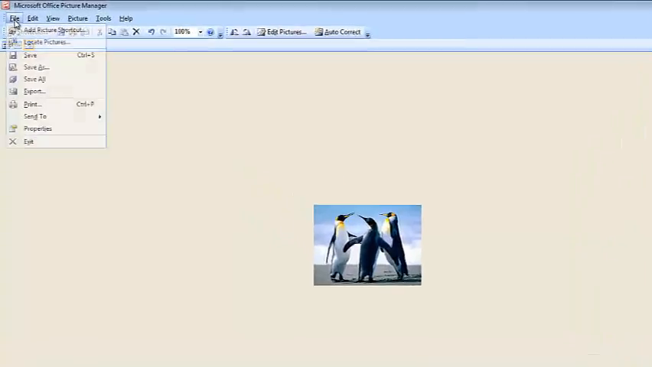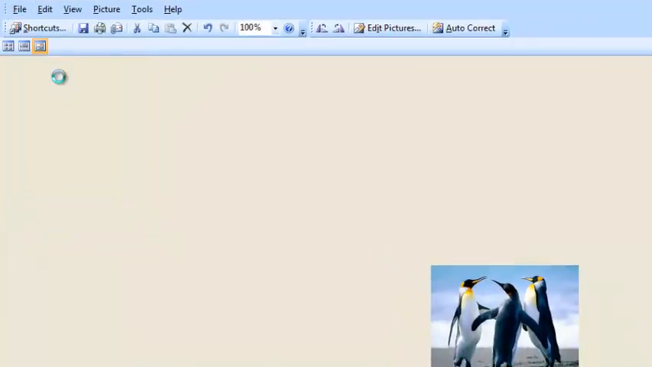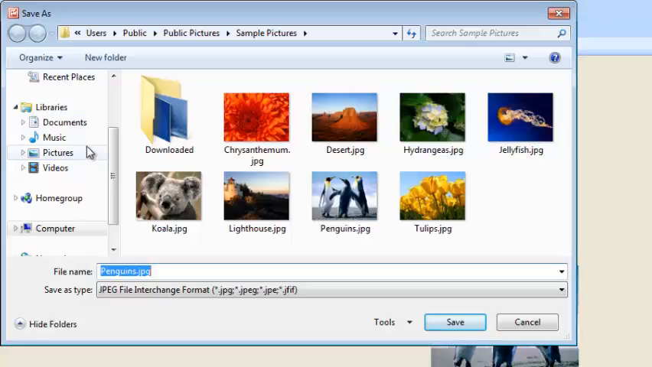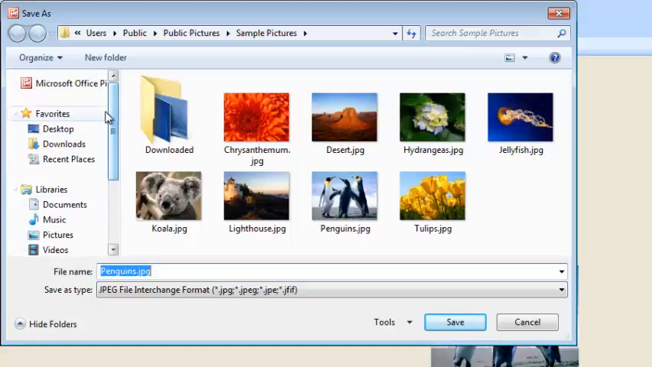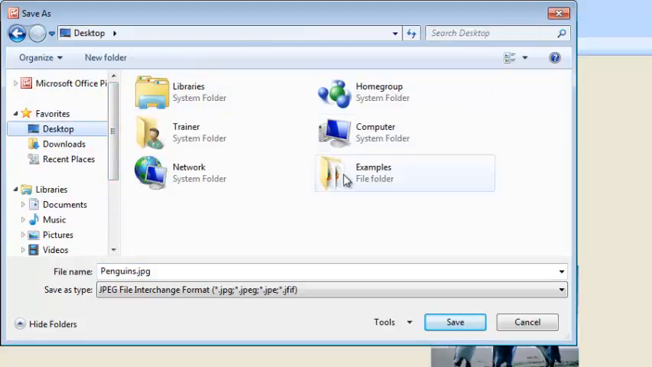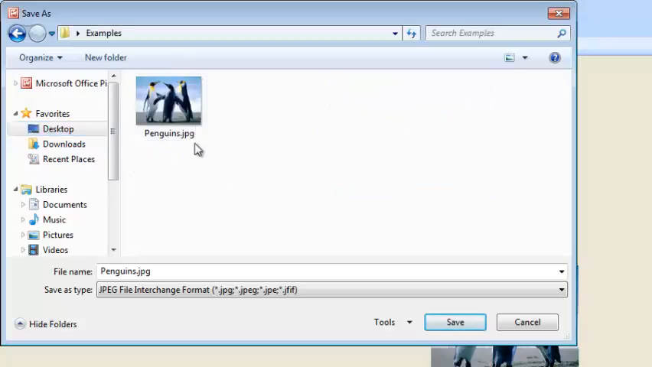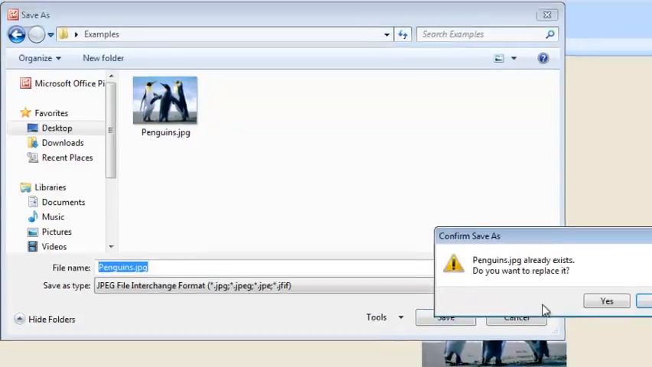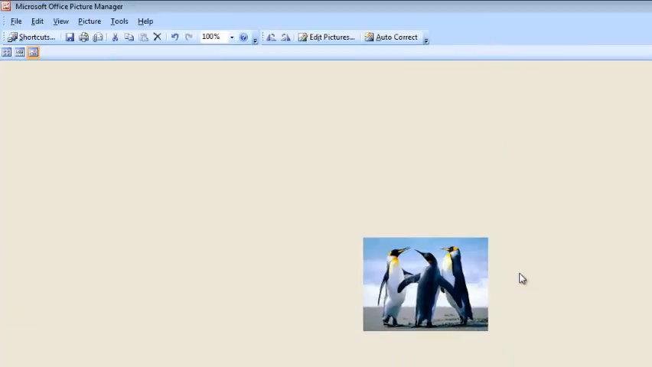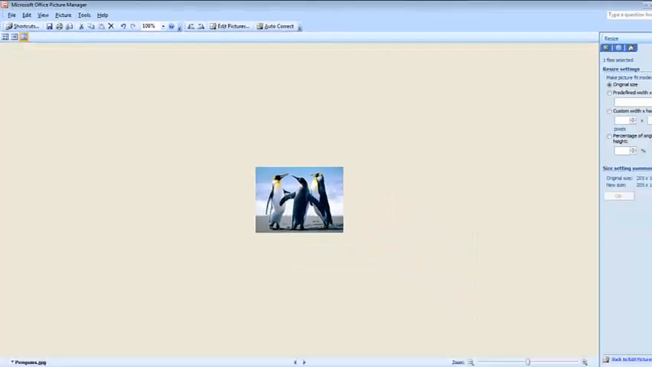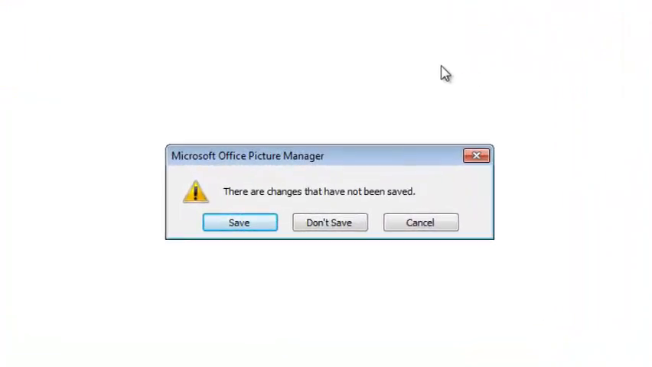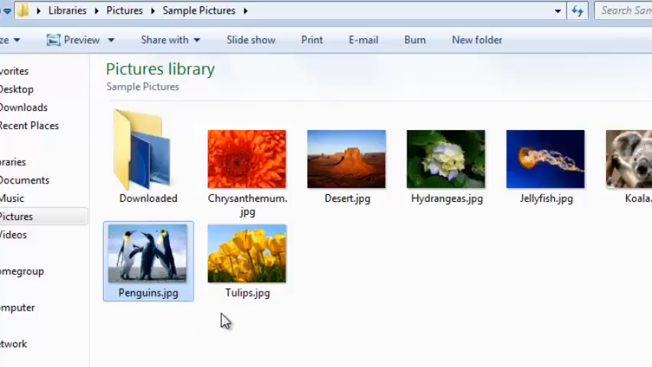So I'm gonna save it in my examples directory, which is on the desktop. I'm gonna replace the original penguins.jpg. I'm gonna click on save. Here we go. I'm gonna close this. Now it wants to save the changes on the original image, but I'm gonna click don't save because I don't want to mess up the penguins.jpg image. Okay,